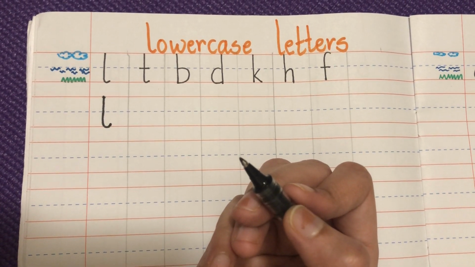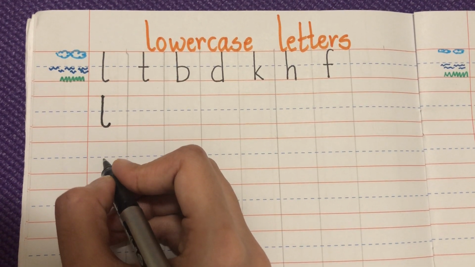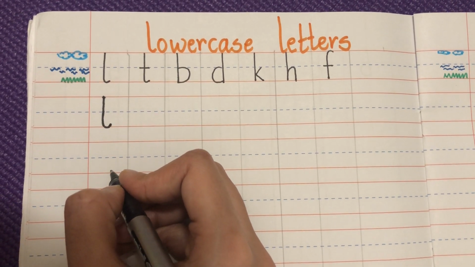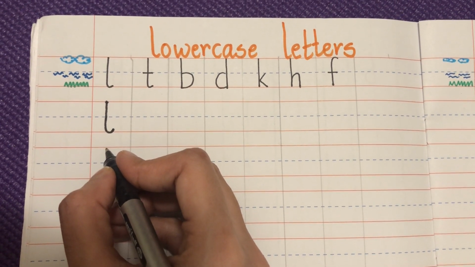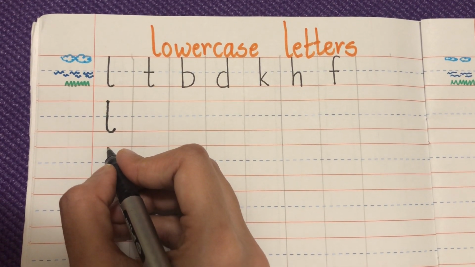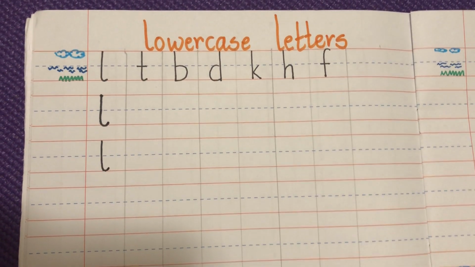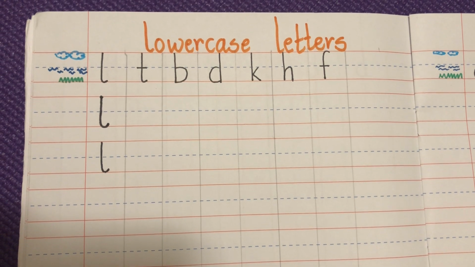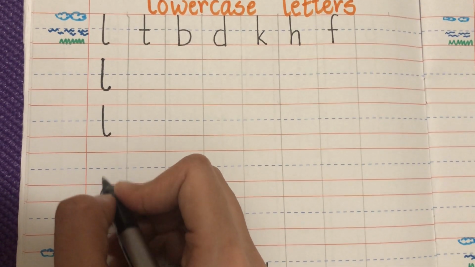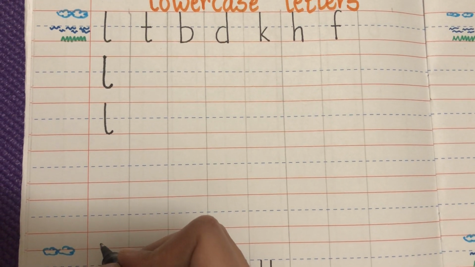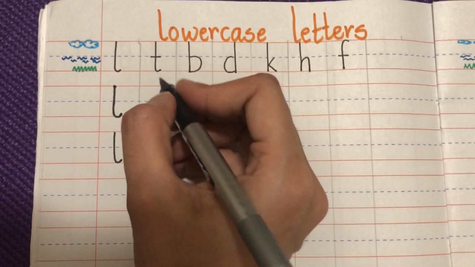Good job everyone. Can we try once more? You're going to start from the skyline and the water, reach the grass and a small curve. Let's try it one more time. Did you do it? Good job. Now you're going to try it one more time. You're going to fill these spaces and practice. Now we're going to go to the next one.